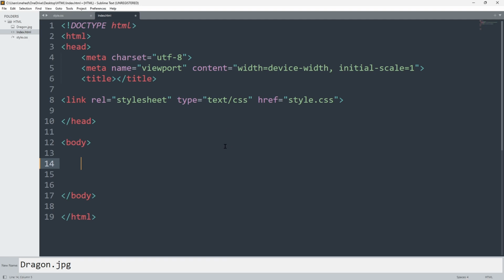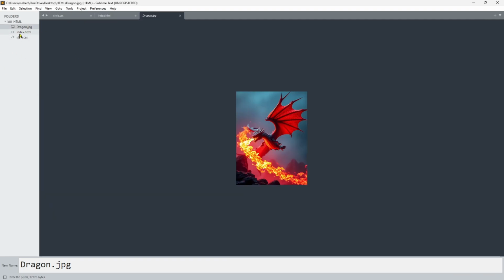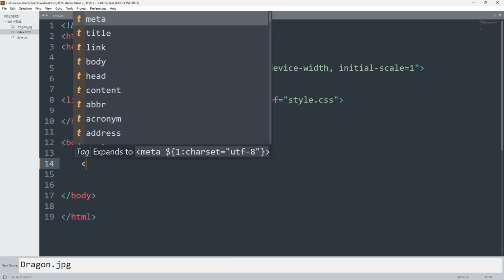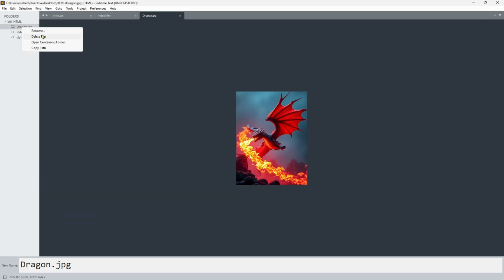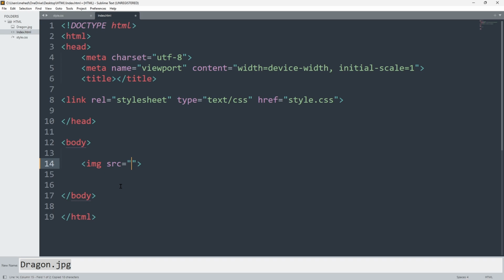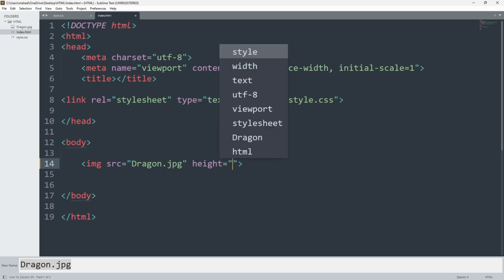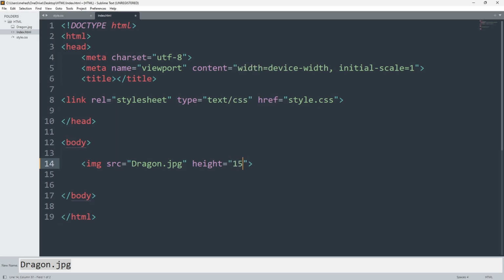So in our Sublime Text, we're going to add an img tag and then give the source the name of this image. We're going to copy the image name and paste it into the source, and then save it. After the image source, dragon.jpg, we give the height, and the height should be 150 pixels,